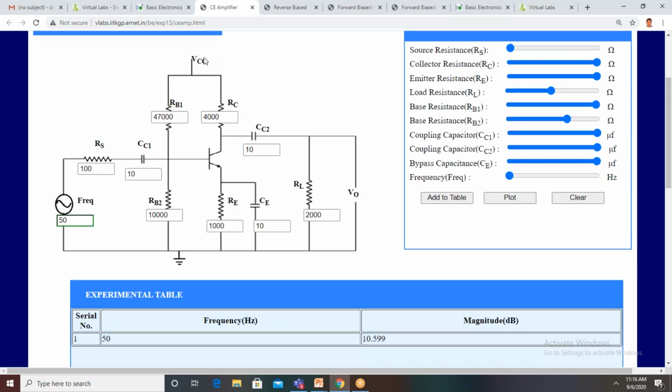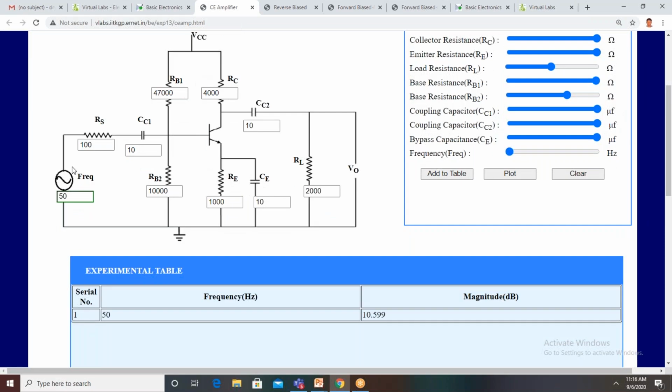We need not apply it externally. For this 50 Hz frequency, the gain is 10.599. The formula for gain: voltage gain is equal to 20 log of output voltage by input voltage. This calculation is done internally and the value is displayed here. Is it clear, sir? Yes, sir.